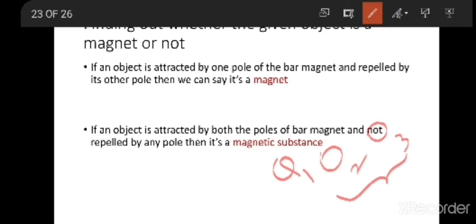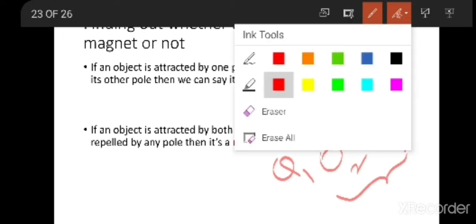How do you find out among these three? For that we have to know a few rules.